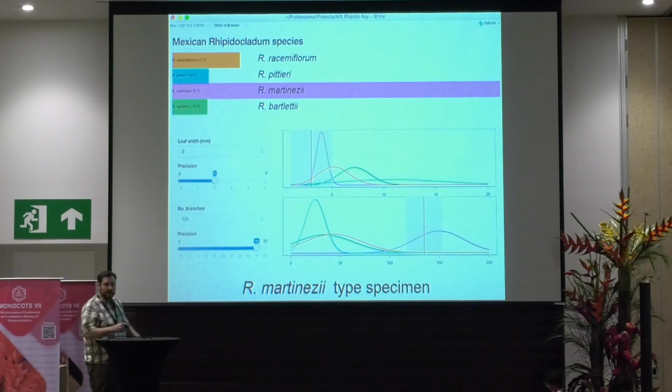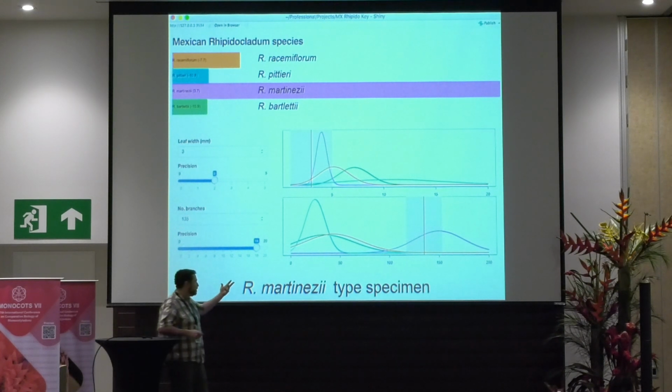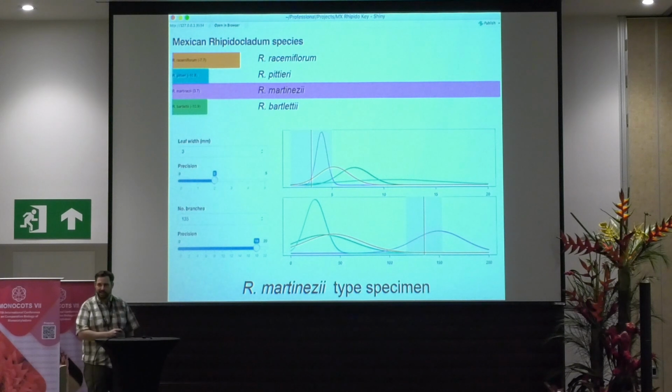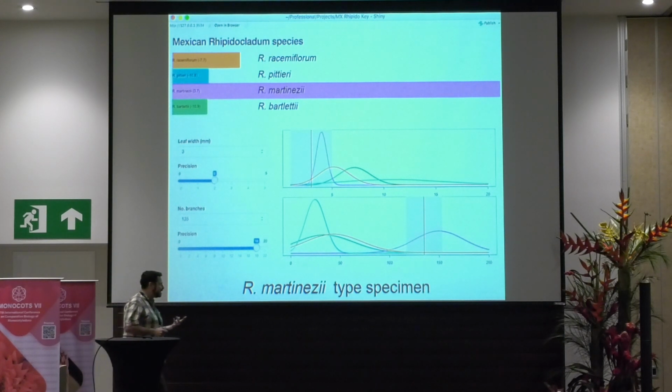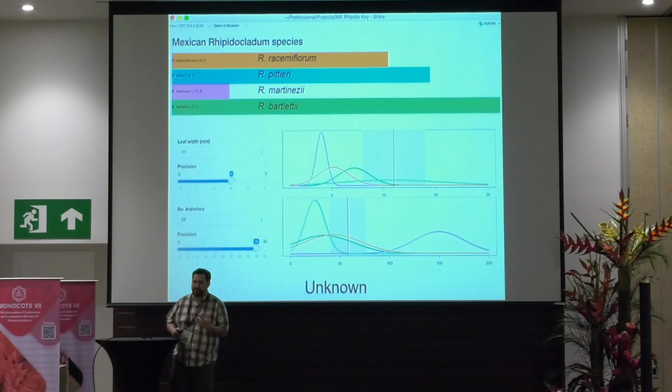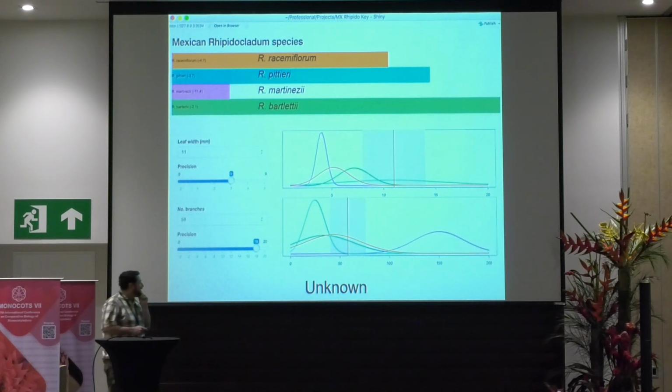Martinezii is by far and away the best match given these 4 taxa. So that's just a play example. That's how it should be. But if we take some real specimens that we don't know what they are, that are very challenging, here's an